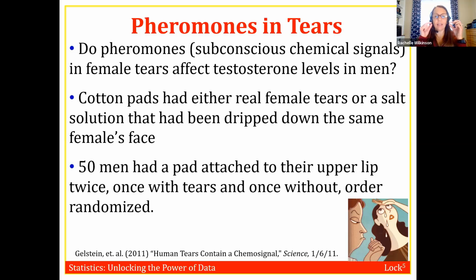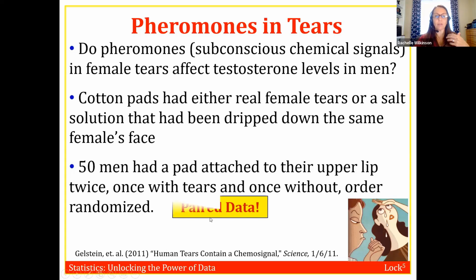and then they measured their testosterone level, the male's testosterone level. Okay, so we have these 50 men. Each one is going to get these 2 cotton balls strapped to their upper lip, one with real tears, one with fake tears. And the order that they got those was randomized. And after they've worn the little cotton mustache, I guess, for a while, then they're going to measure their testosterone